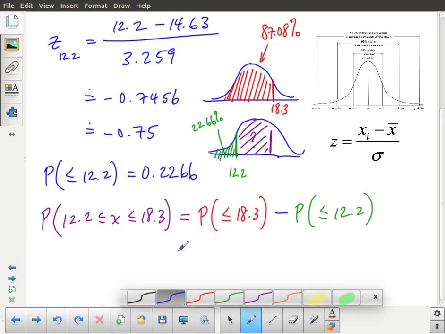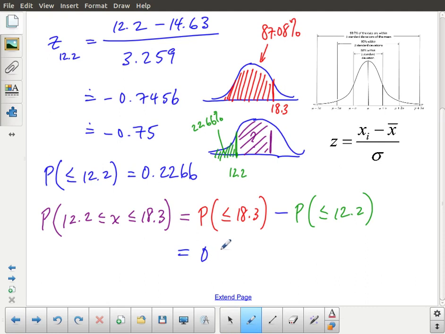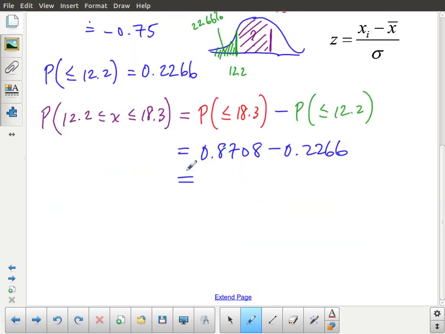So it just works out to be a simple subtraction, which is 0.8708 minus 0.2266. And our final answer, 0.8708 minus 0.2266 equals 0.6442. So that means that there is a 64%